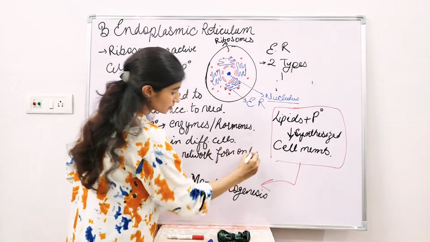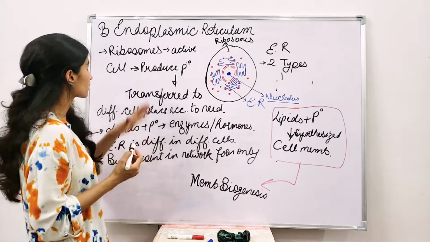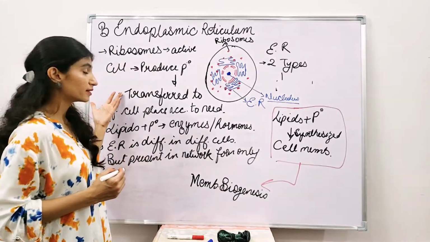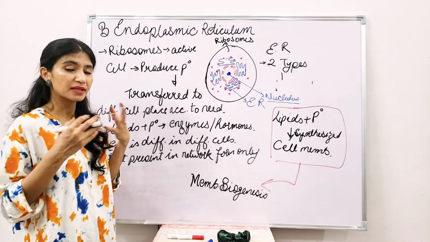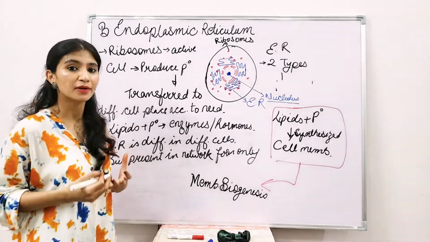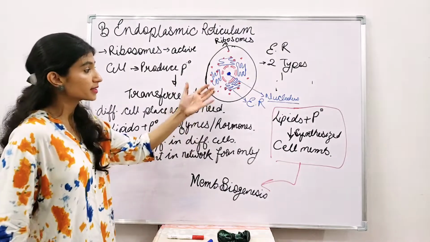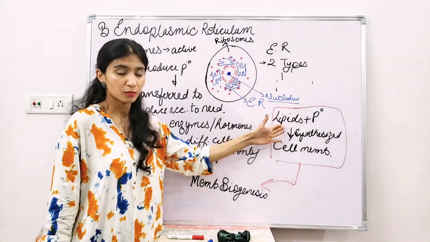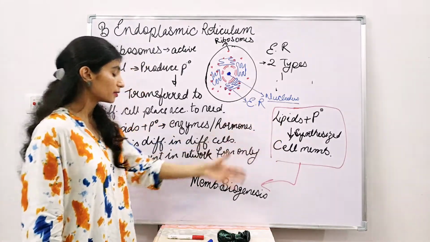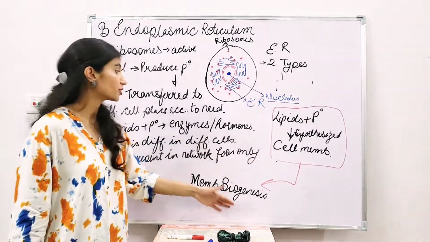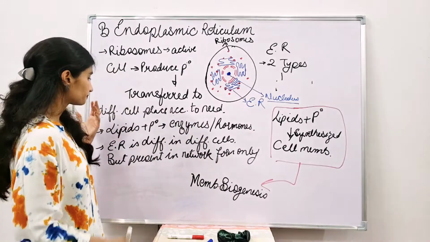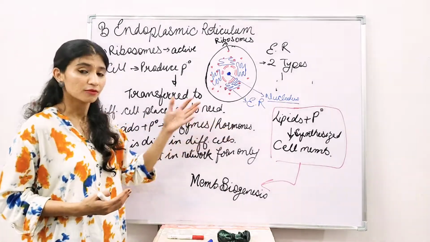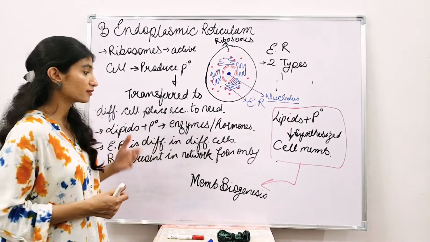Okay, all right, so far we have discussed the ribosomes. What the ribosomes do in the active cell is produce proteins, and that protein will be transferred to different places in the cell according to the requirement of the cell. In some cases it will be required to synthesize the cell membrane by combining with lipid, and the process is called membrane biogenesis. In some parts it will again involve lipid and form enzymes and hormones, which are very important for different cellular functions and for the body.